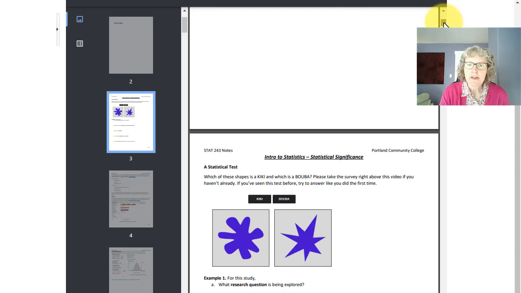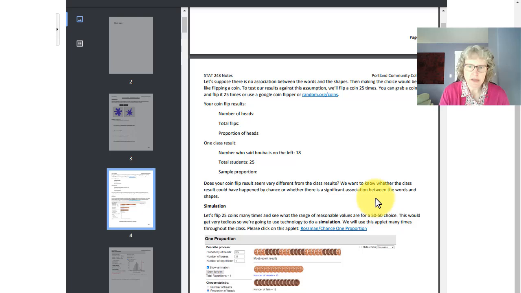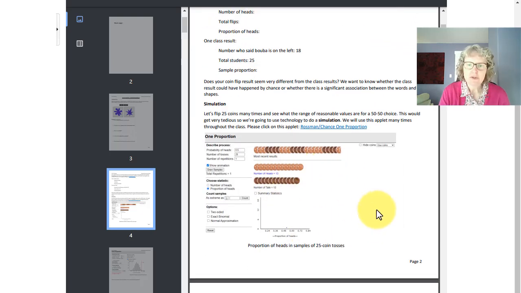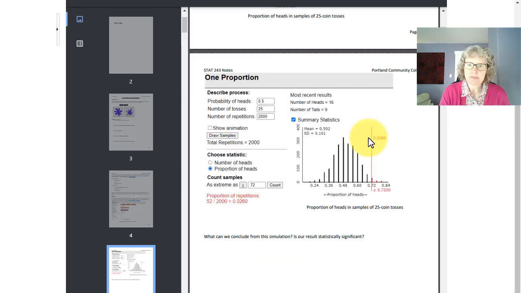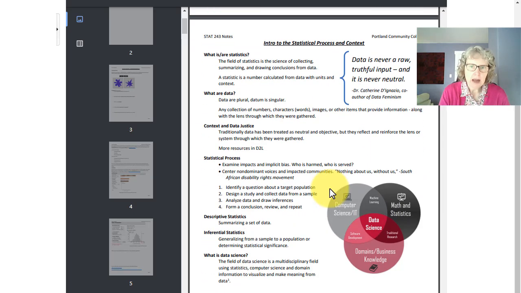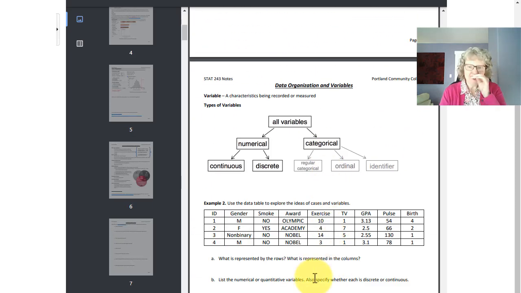There's a lot of printed items and writing on these pages, a lot of screenshots because we're using a lot of technology. So I do recommend getting it. Of course, you can always look at the online PDF as well. But it will save you a lot of writing. There's data, there's graphs, all kinds of things like that on here. So like here's some data we're going to look at in the first week. So highly recommend getting that.